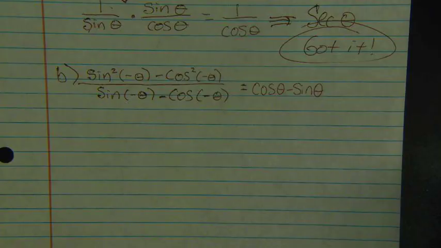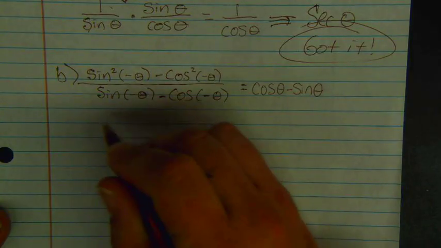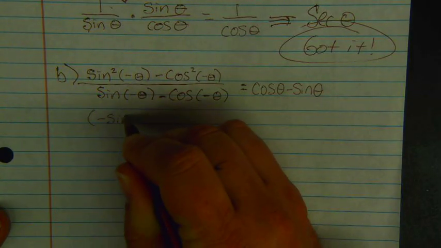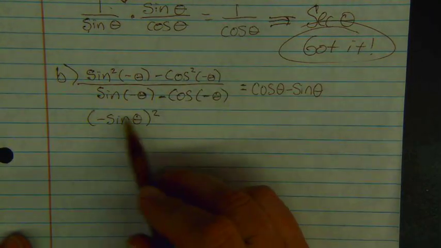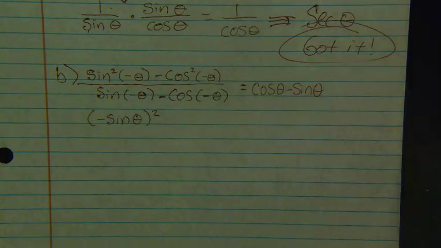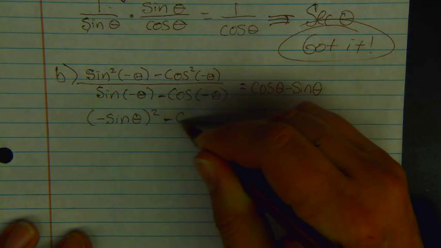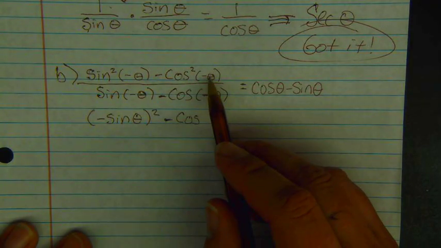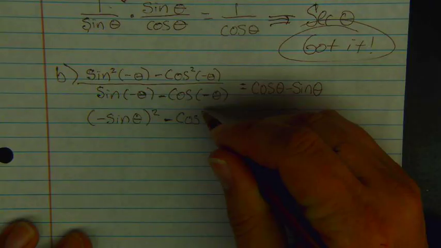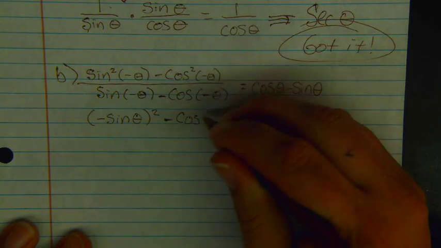Now, just so you know, when you see something like sine squared negative theta, what that really means is negative sine theta squared. Okay? So that means the same thing right there. And so we know once you square this on our next step, it's just going to be sine squared because the negative squared will be positive. Okay? Now on cosine, you could think of it either way because on cosine, you could take the negative out anyway, right? Instead of pulling it out front. So I could just right away say cosine squared theta